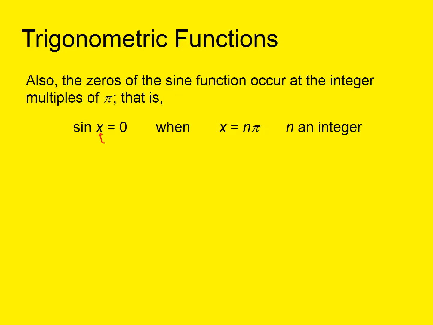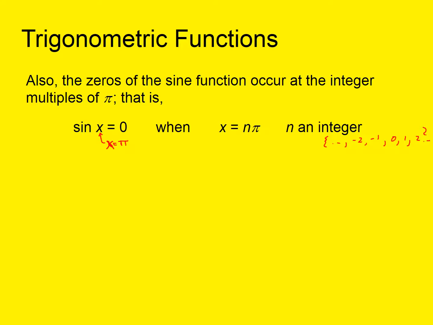And we'll just say, let x be the number pi, for example. Pi is a zero of sine x. Well, any integer multiple of pi is a zero of sine x. So we could say x equals n pi. Sine x equals 0 when x equals n pi for any integer n. What is the set of integers? The set negative 2, negative 1, 0, 1, 2,